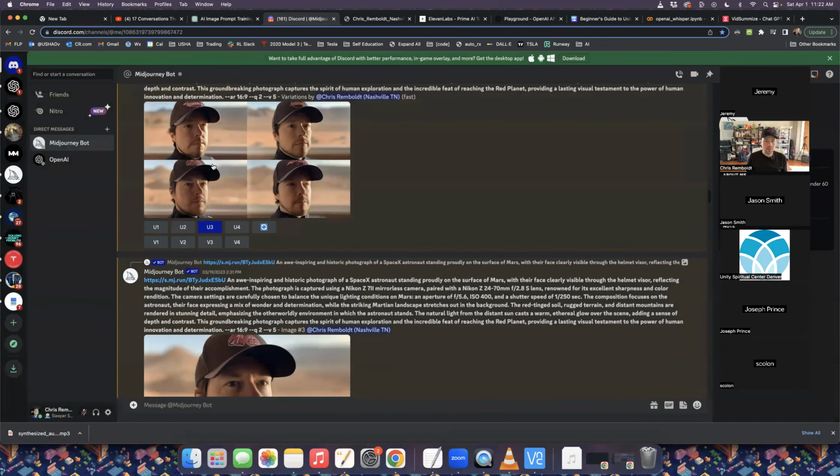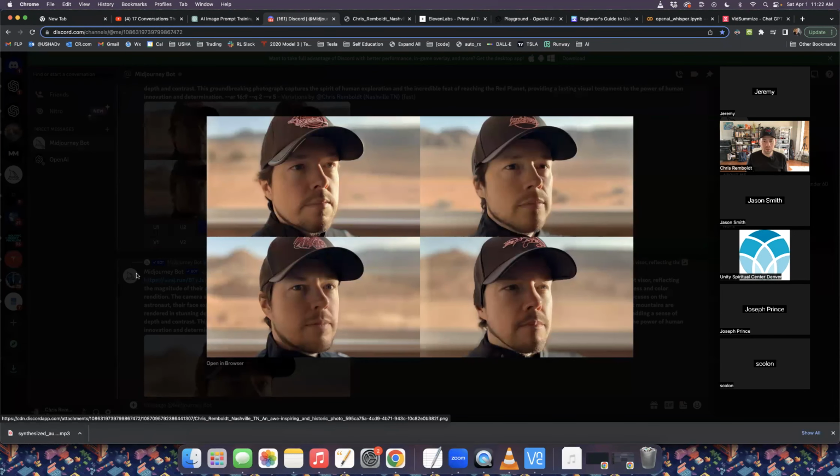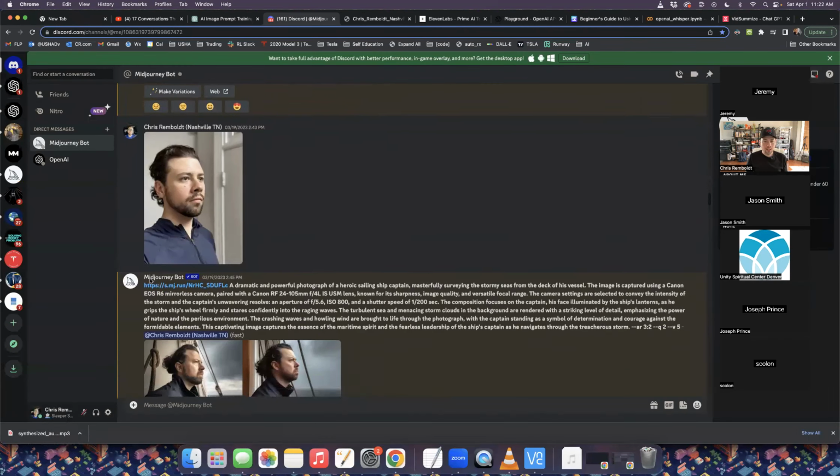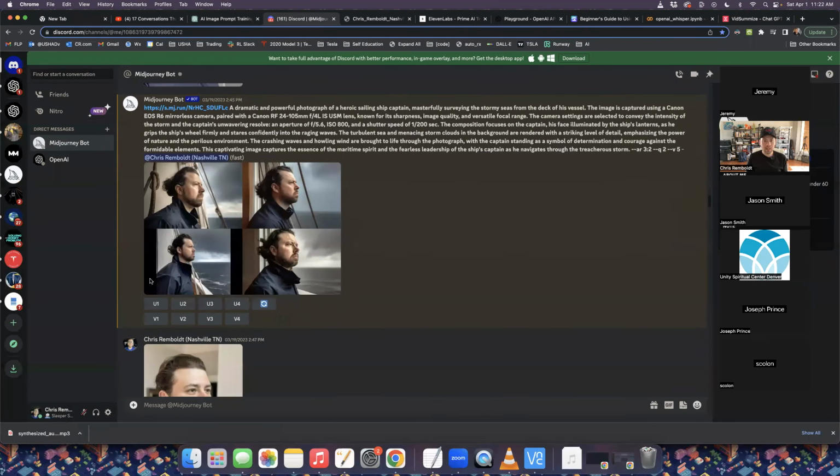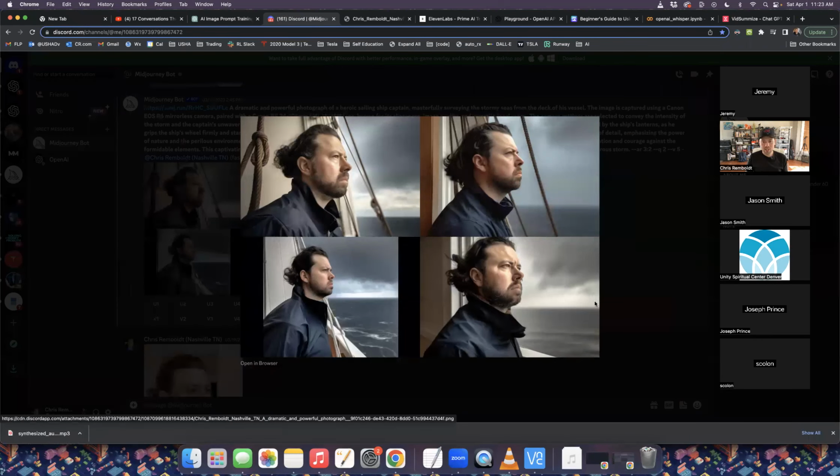And then here's a few more examples. It kind of looks like I'm at a drag strip in the desert in these, frankly, but then I asked it to make me a sailor on an 18th century ship, and this was what it gave me.